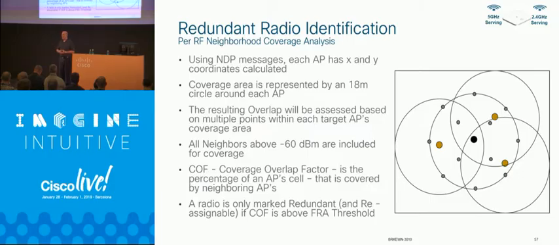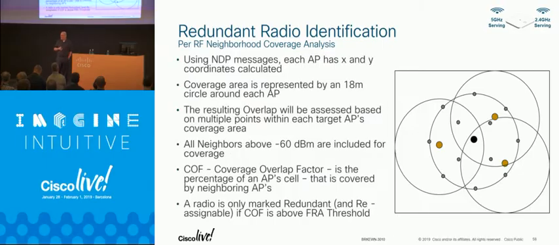So if I get a match, the default is 100%. If I get a good match, then that radio is redundant. I don't need that radio because that cell's covered by one or more other APs. And what do you think first thing I did when I got this? I put 2 APs right next to each other. I fired them up, and I didn't get 100%. Now, how can that be? Called the engineers. Frankly, they hadn't considered that use case. It was a bug. Coverage overlap factor is going to give you the percentage of cell's coverage.